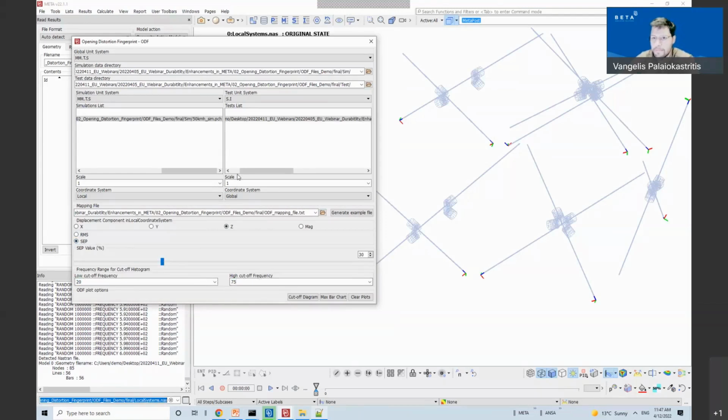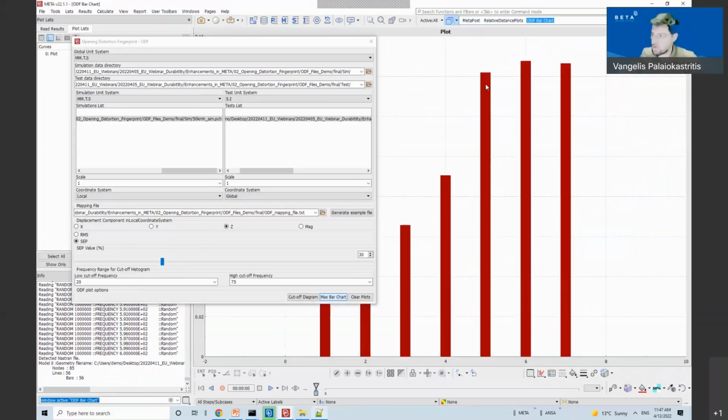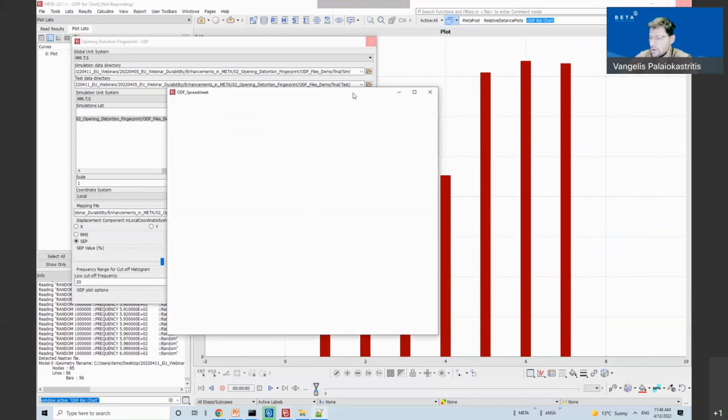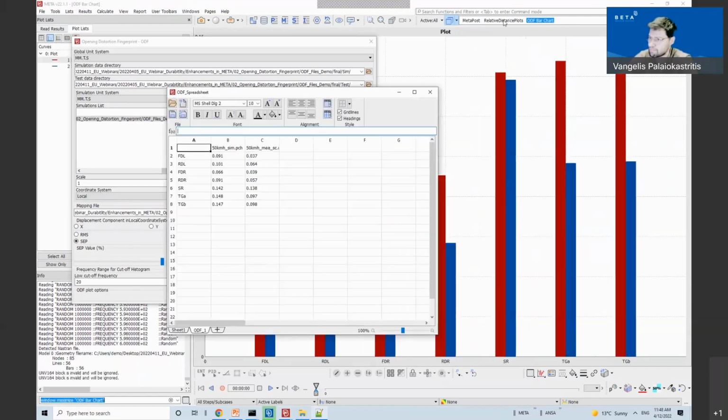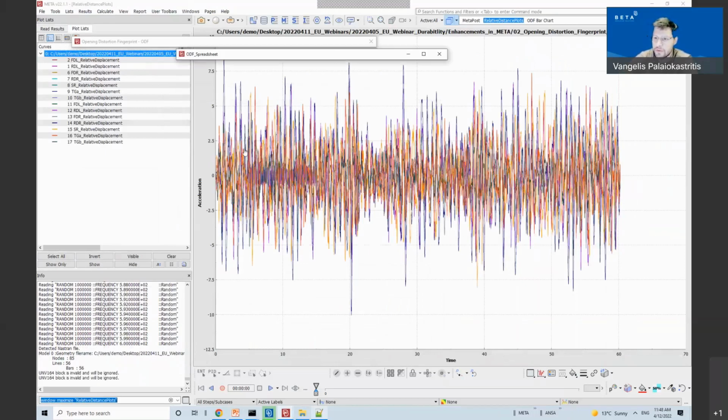So once my parameters are set, I can press the bar chart button, and the ODF will be calculated for both the simulation data and the test data. Here I can see the distortion signal.